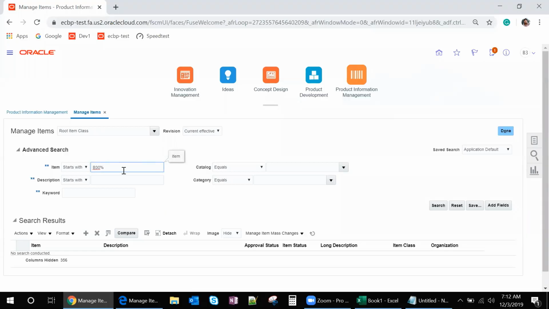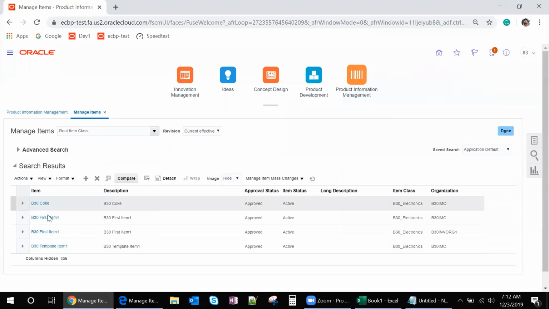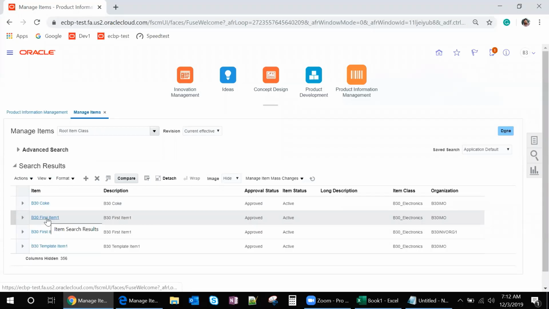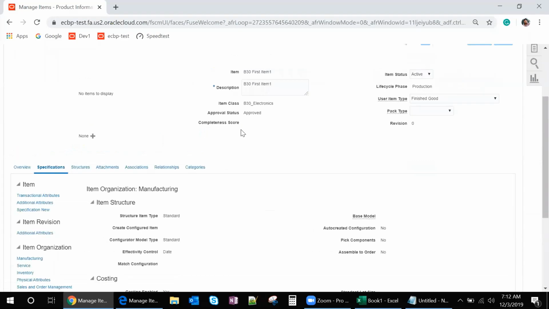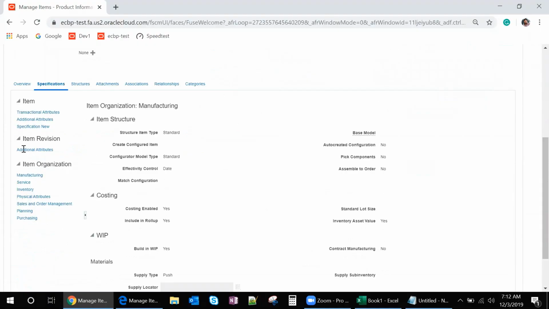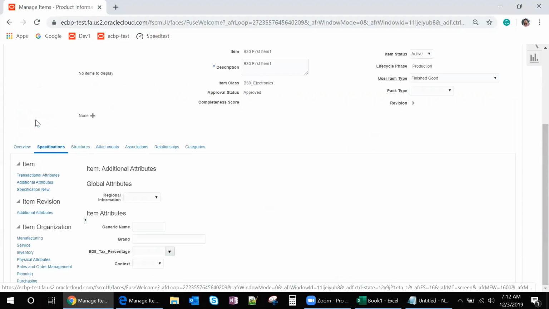Now I'm going into the item which we have created already. Let's take this item B30 first item one. Let me open that item. You will be able to see the new attributes which we have created should be available. So go to specifications. In the specifications, if you go into additional attributes, you can see additional attributes. This is the area. Click on additional attributes and then you can see